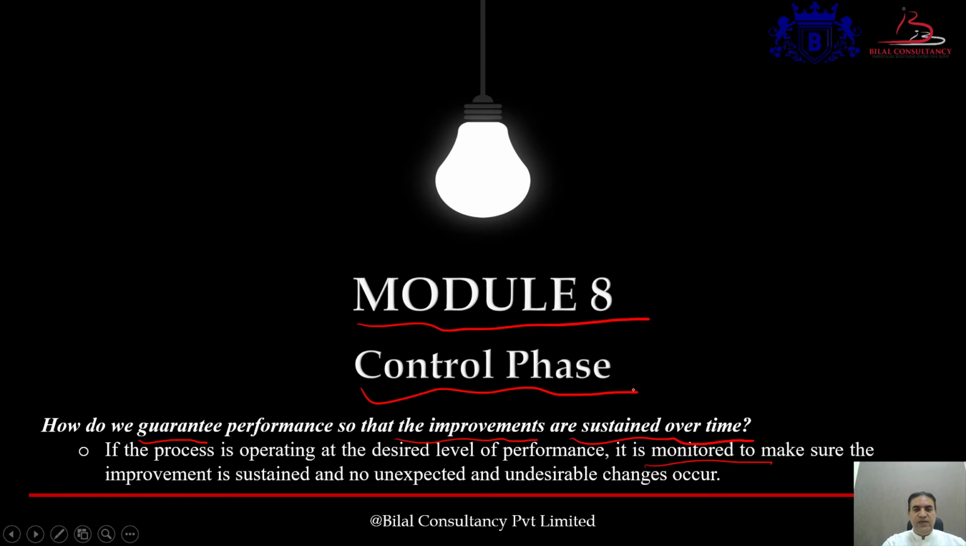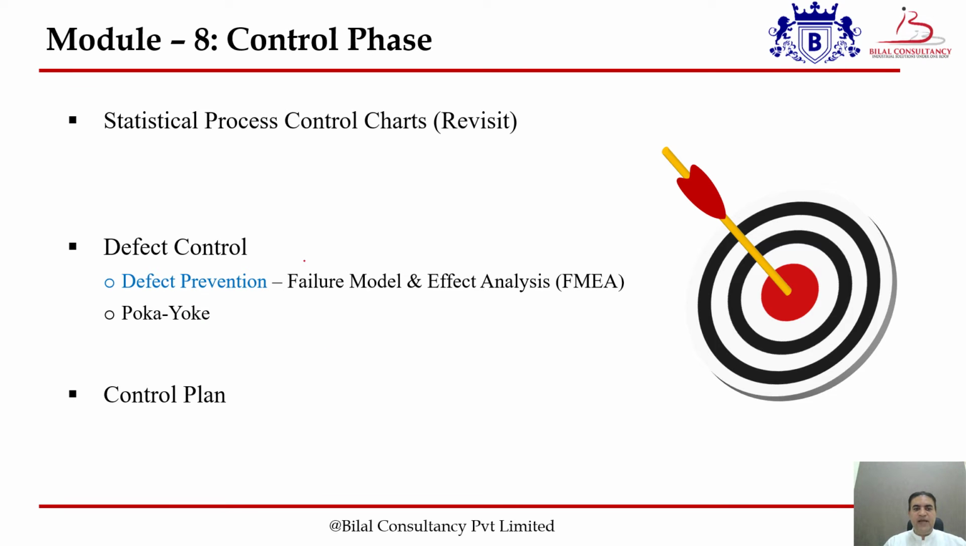So how we can do that? We can use different types of tools in order to monitor the process. If you remember, we have already discussed statistical process control charts, which we can use to monitor the process, which tell us whether the process contains only common cause variation or it contains special cause variation. If it contains special cause variation, that is indicating that the process is out of control. So we try to investigate the reason behind it, and then we try to make the process